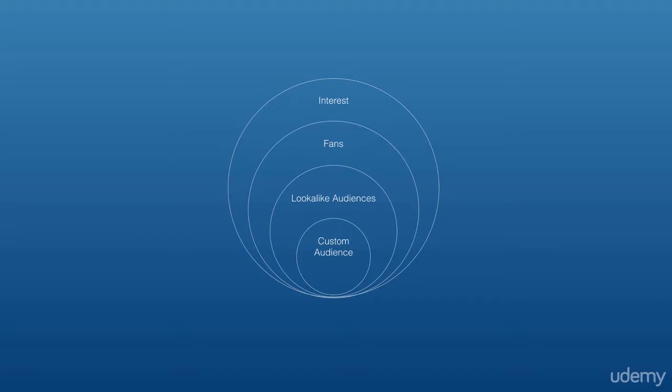But it's still a great starting point to get some great social proof and to get the ball rolling. Then there is something called lookalike audiences. But what are lookalike audiences? Lookalike audiences are basically people who are similar to your existing customers. So if you have a certain customer segment on Facebook, you can basically duplicate that customer segment and you will just be able to reach more people.